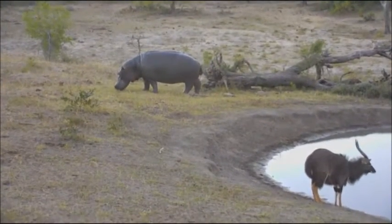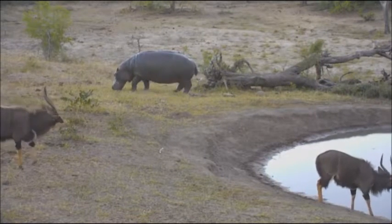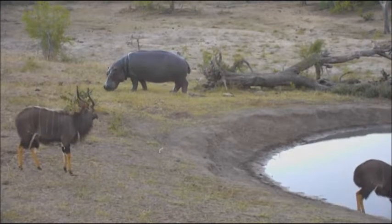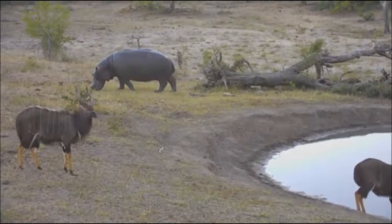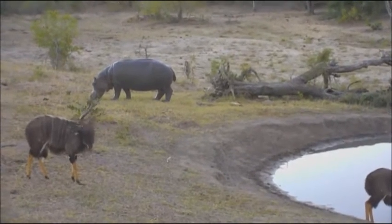Normally during the day, normally during any kind of light hours, they're in the water. And this chap has obviously come out just a little bit earlier than most of the time that they would. And I think that's wonderful to watch him eat there and cropping away that grass. All around water sources in this area and the Kruger Park and other wildlife areas in Africa, you will find